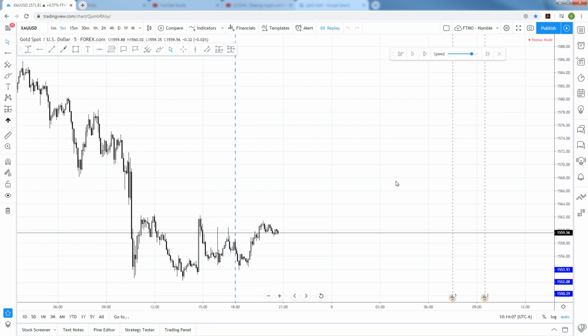Gold has been here for a long time, so it's a good pair to jump on, especially since we got the opportunity to use a broker that will benefit you, whether you're in the US or wherever you're at. This is a broker where you don't really have to worry too much, because you're trying to get through FTMO. It's going to be a special demo account, so you don't need to worry about deposits or withdrawals. It's all through FTMO. They're just going to copy your account and you just got to get used to the broker,